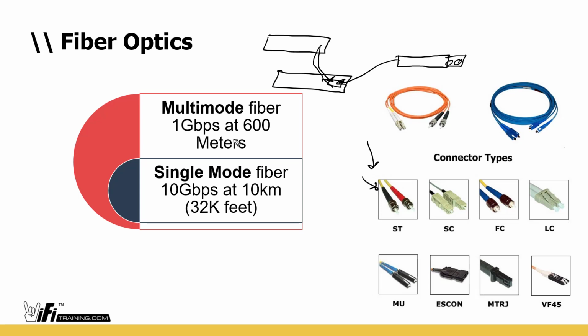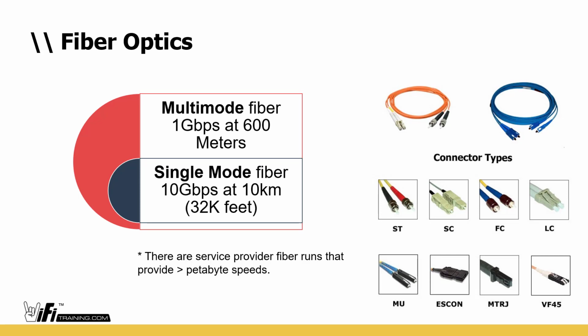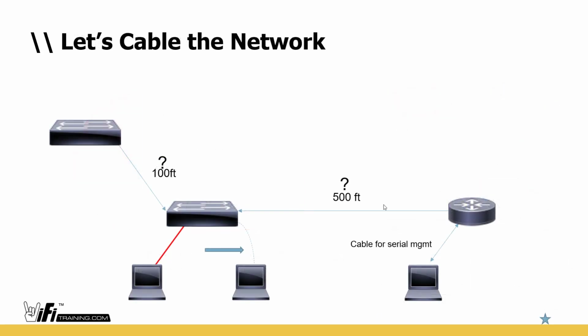All right, so we have multimode fiber that can give us gigabit speeds at up to 600 meters. So that's a pretty good way. Single mode fiber can give us 10 gig speeds, and now even more than this, at 10 kilometers, 32,000 feet. So that gets us out there a ways. And that's just a patch cable, right? As you add in repeaters and extenders and all that, we can go really, really a long way with fiber for sure. There are service provider fiber runs that provide petabyte speeds,